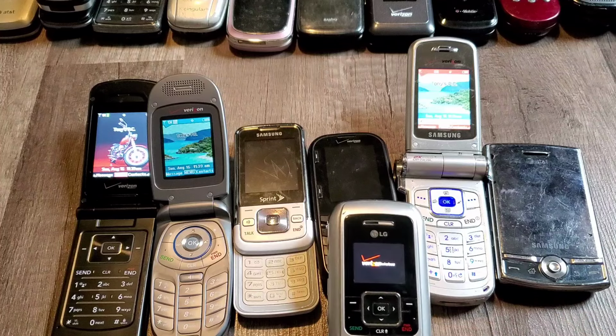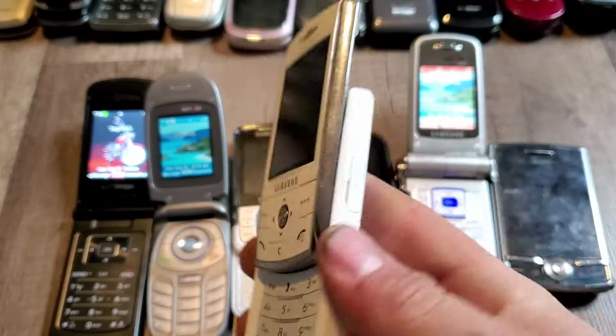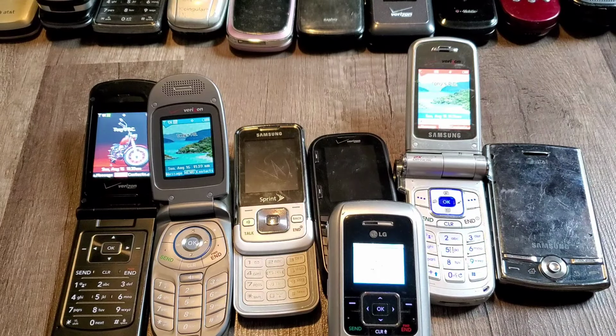Here's another one of them Samsung D807s. This one is white, but I do not have a battery for it either. I need to get 2 batteries so I can get those working, because those would be kind of cool to have. Here's an LG